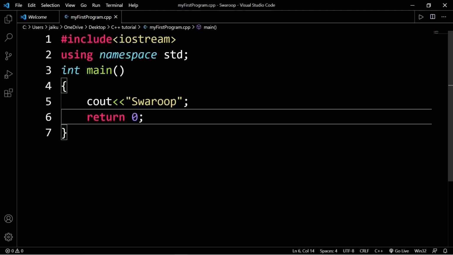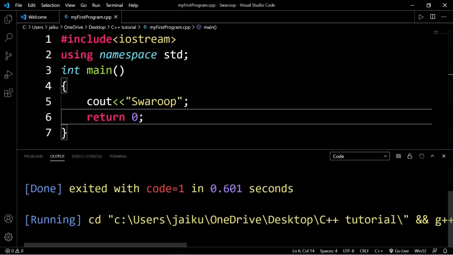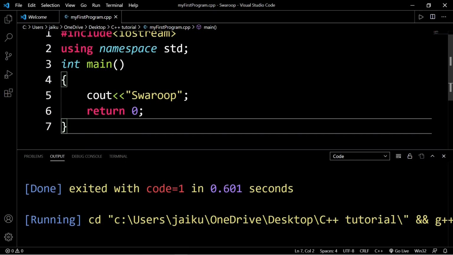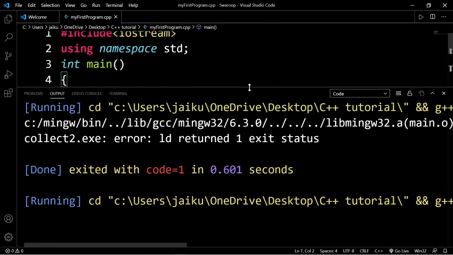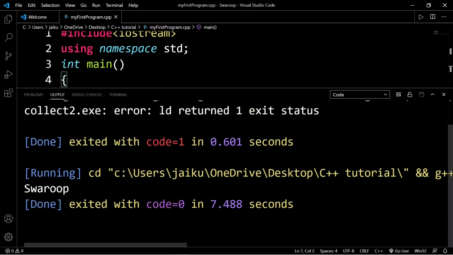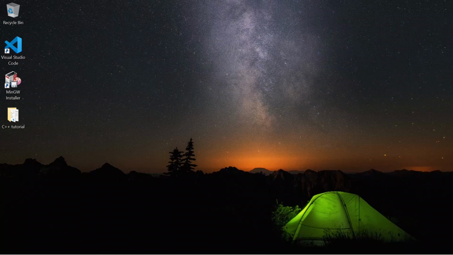And here you will see a play button. I want you to hit that play button. And this here is the output window. You can see it's my name over here. And that's it for this video.